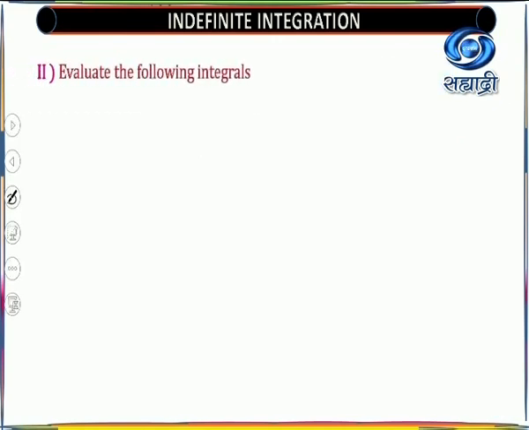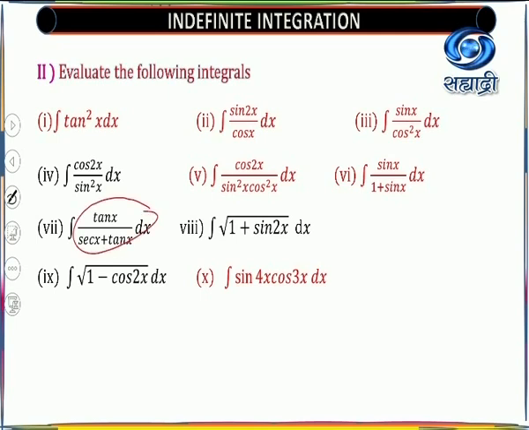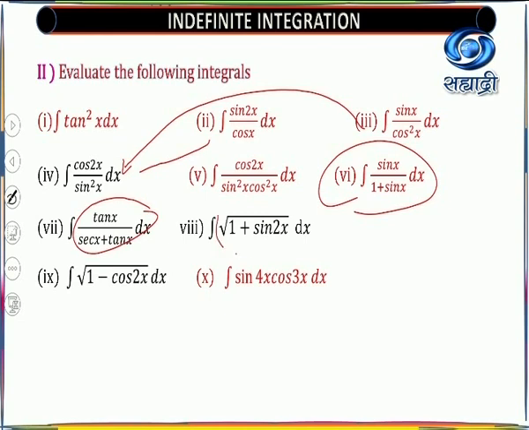Now there is the second type of example. Evaluate the following integrals. In this also you have many examples, out of which we'll take a few. In that, the first, second, third, fifth, sixth and tenth examples we will take. Remaining examples are of a similar kind, because if you simplify this, you will get this kind of example. Similarly for these two you have the same example, or you can say this side also. So this is also a simplification.